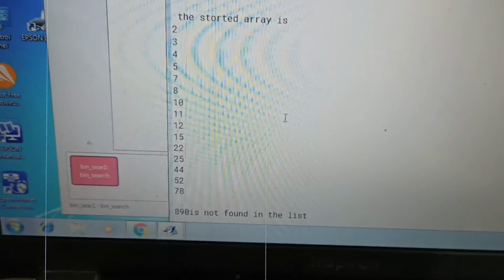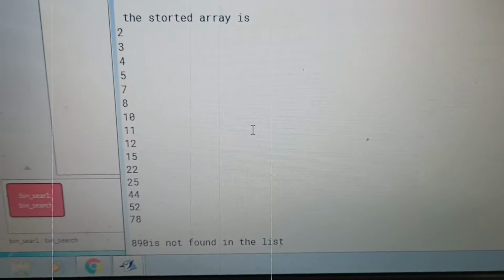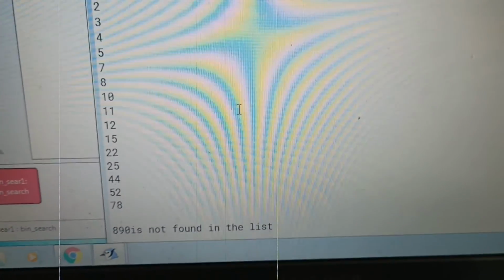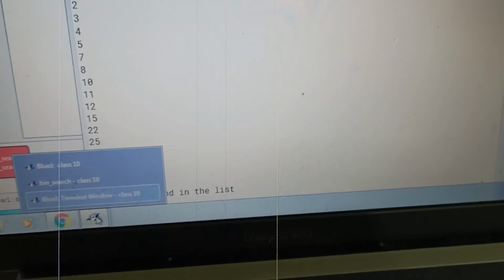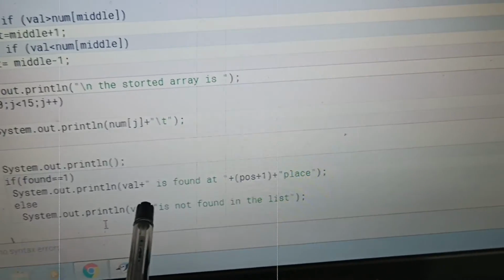After that, if I search this element, the searching value 890, it is not there. So using this method, 890 is not found in the list.